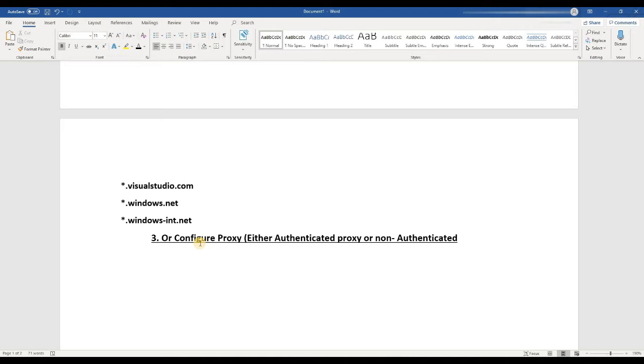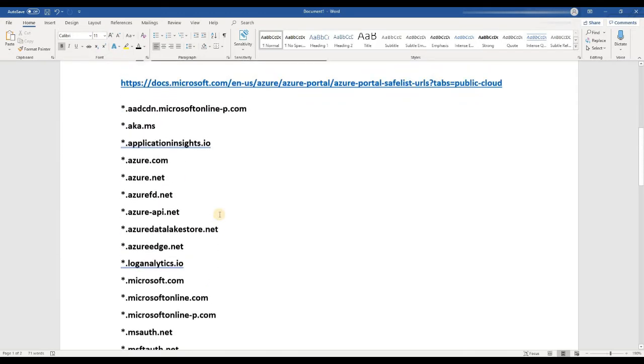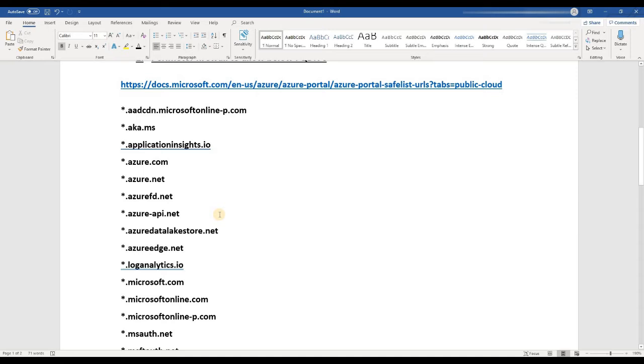So you have two ways: you can configure a proxy and let the proxy allow this domain traffic to the internet, or you would need to allow these domains explicitly on the perimeter firewall. Consider that there is no specific IP block provided by Azure. You would have to rely only on the FQDN domains listed on this page.